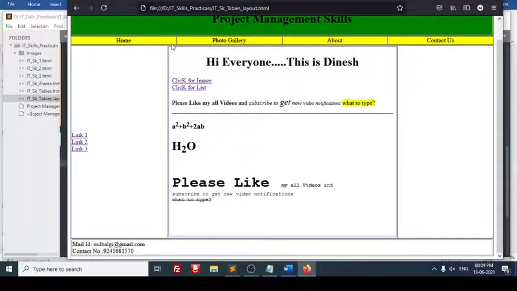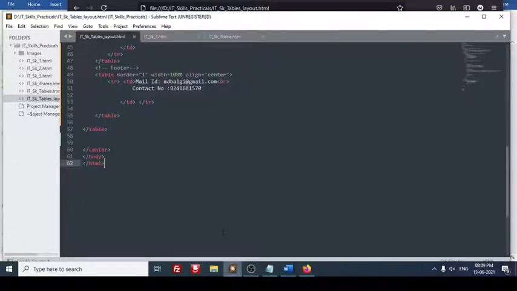It's not the table center. It is not coming. I will make the row center, because this is not closed.